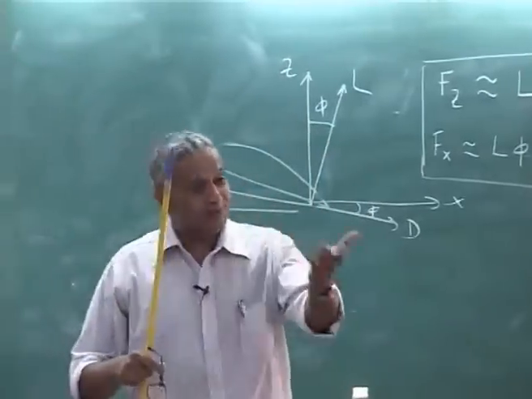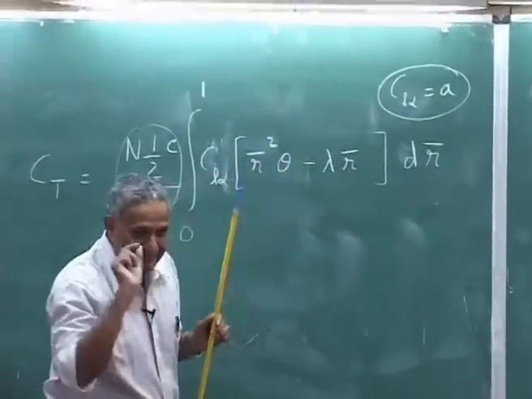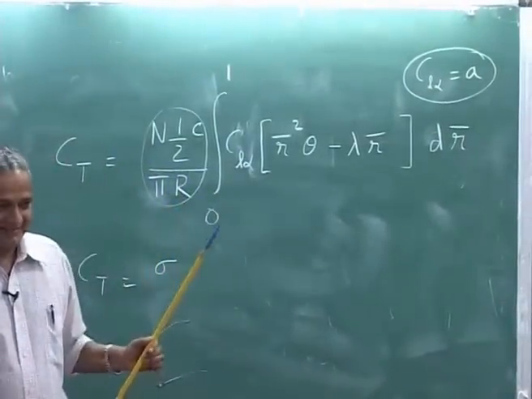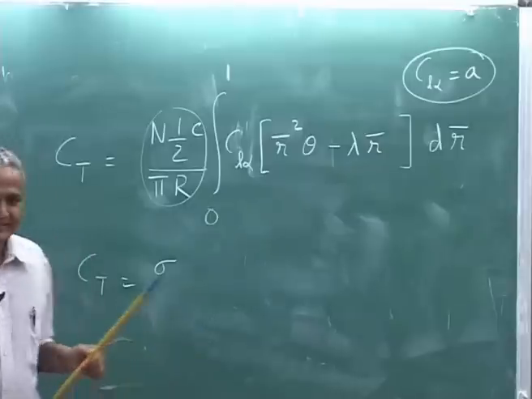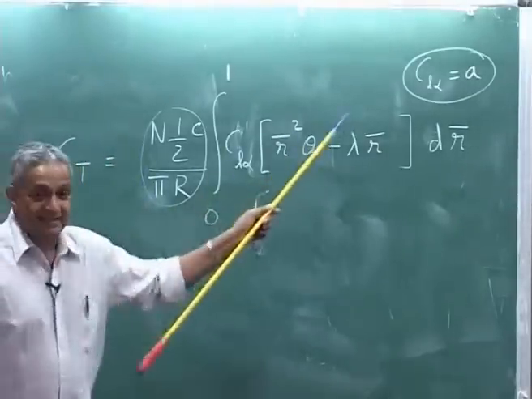Now, Cl alpha also comes out, which I call by the symbol A, because in most of the helicopter literature they use the symbol A, okay. Lift curve slope, Cl alpha is A,